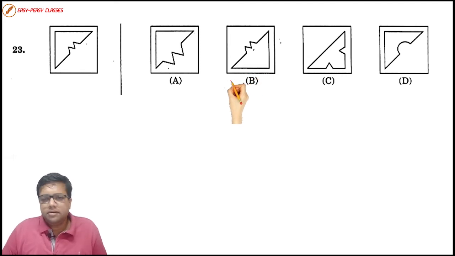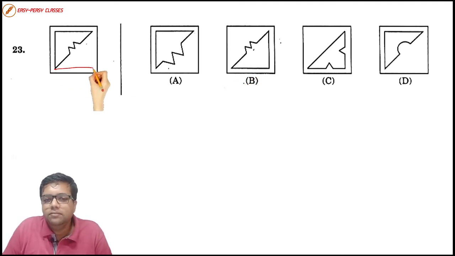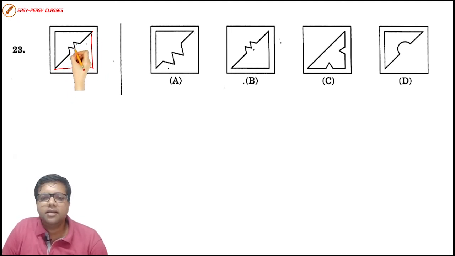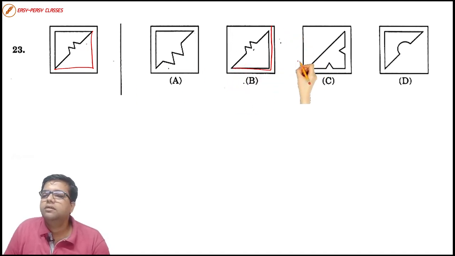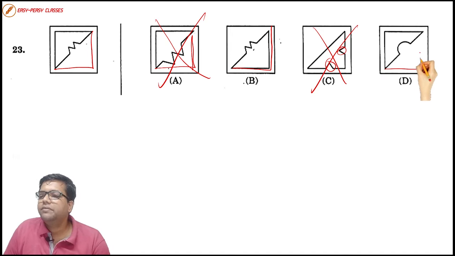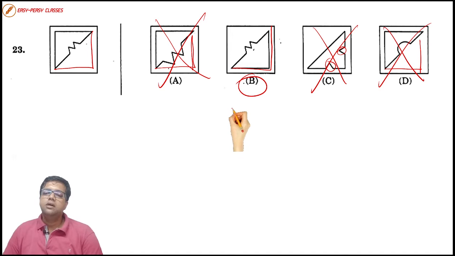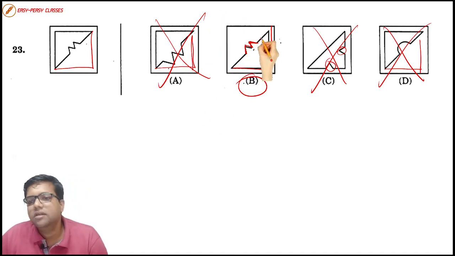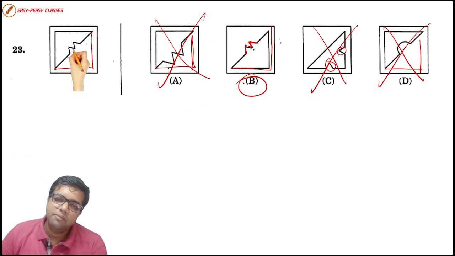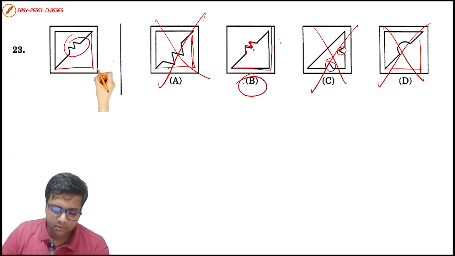There is a square which has been cut like this, and what is the missing part? We should have this kind of corner over here. We don't have the corner, we have extra cuttings over here, we eliminate. We don't have the corner over this side, so we eliminate this. We don't have the corner over this side, we have the corner over the other side, we eliminate this. We are only left with option number B. And further, along with this corner, there is an M kind of cutting over here. So these two exactly match this part. So option number B is our right answer.